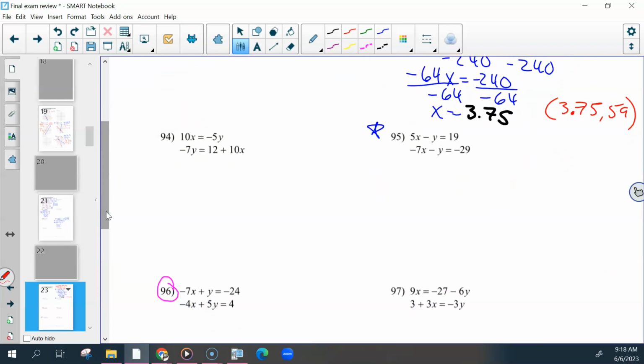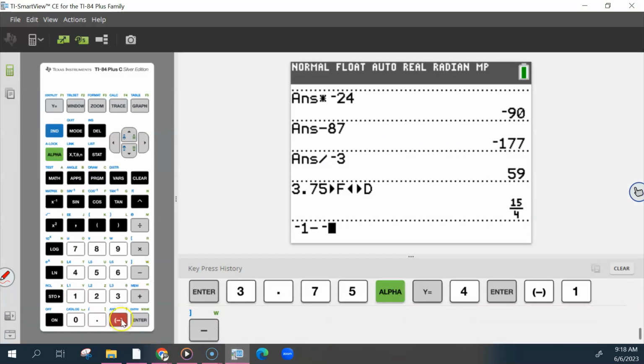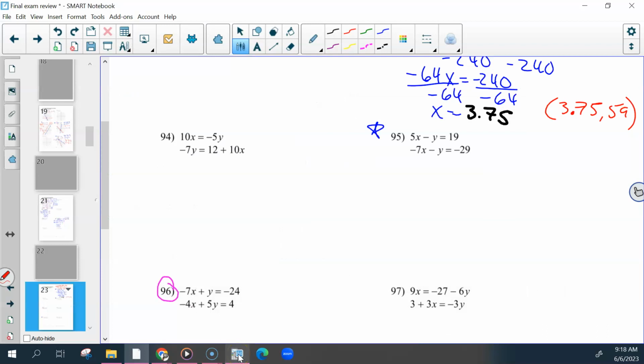Right. And 95, everything lines up. The y's have the same value. So we don't have to change them. We just have to think, how could we eliminate them? And again, you could check if you're not sure, -1 minus -1, or -1 plus -1. In this case we would be subtracting the top from the bottom, or the bottom from the top, sorry, and seeing what's left. So 5 minus negative 7 would be 12x. Negative y minus negative y would just be 0. And then 19 minus a negative 29 would be